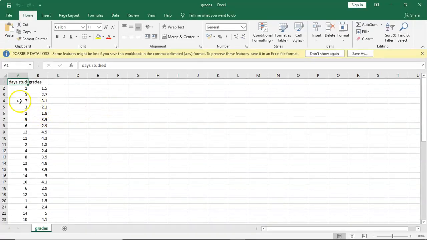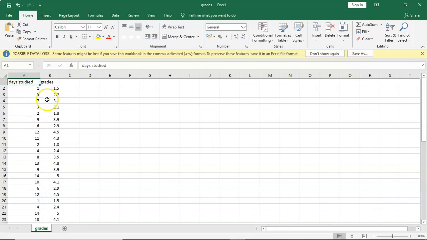Alright, so now you can see it has basically two columns. One is days study and another one is grades. Days study will be the independent variable for us, and our objective is to predict, based on the number of days students studied, how much grade they have obtained. And we want to model it with the help of linear regression. So grades will be our predicted variable, and days study will be our independent variable X.